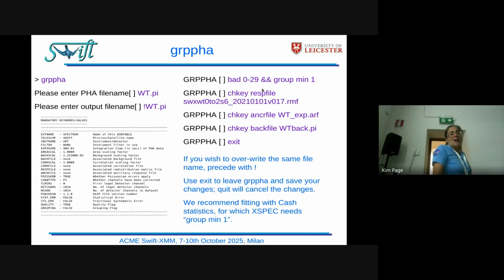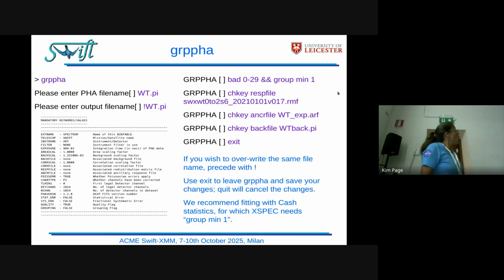In the past, many people would fit spectra using chi-squared statistics and say you should have at least 15 or 20 counts per bin to be able to do this. You can, but honestly, these days it's generally recommended that you use Cash statistics. It's called CStat in XSpec because it's less biased, even for faint sources for which Cash statistics were always used. So always use them for faint sources, but even for bright sources, we would generally recommend that you use Cash